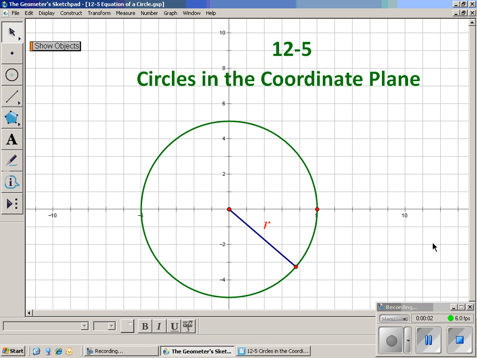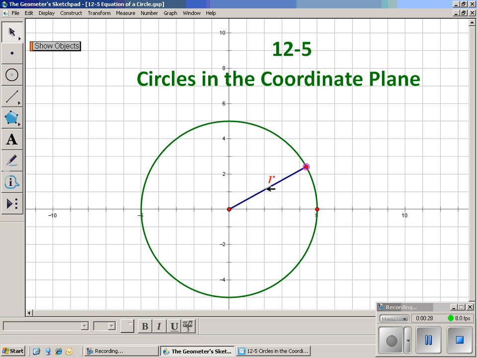Section 12-5 is about equations of circles in the coordinate plane, which is especially important to those of you going on to Algebra 2 next year or Algebra 2 in the future. Okay, now to get the equation for a circle in the coordinate plane, I want to think about a circle as all the points that are the same distance away from some center point, and that distance is the radius